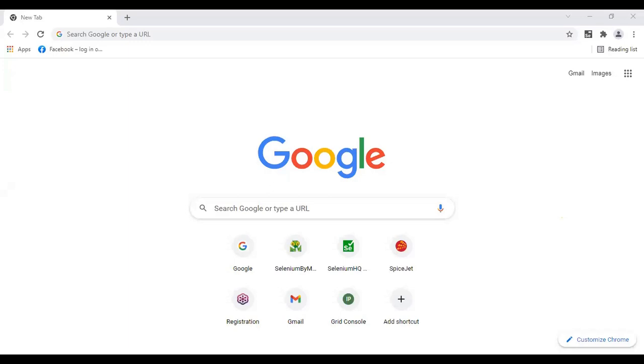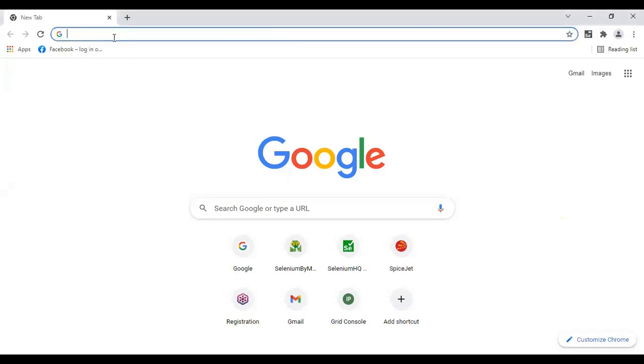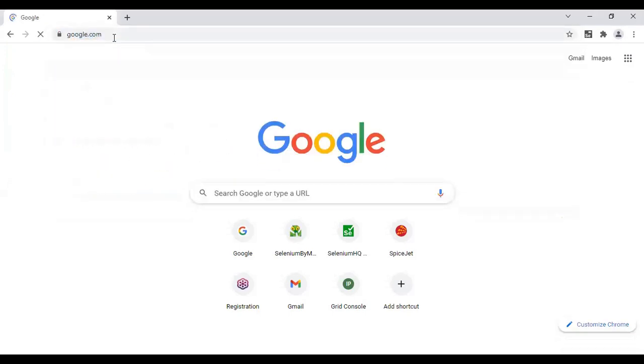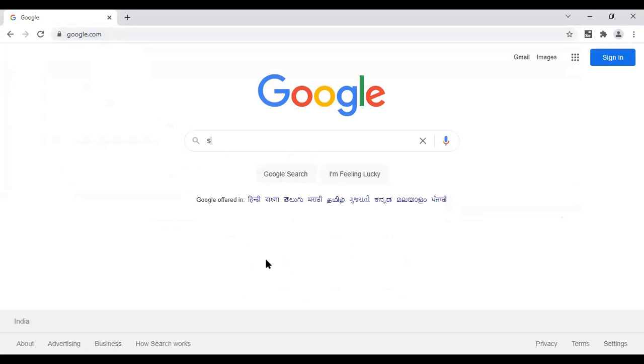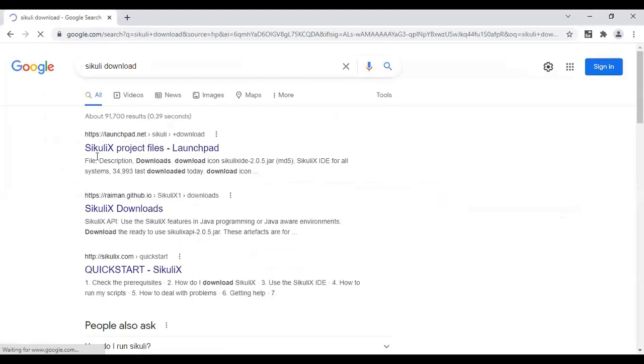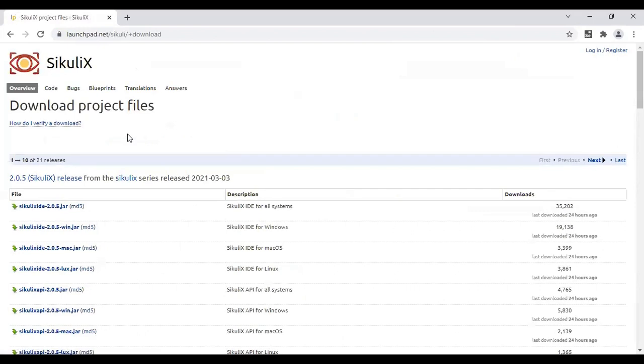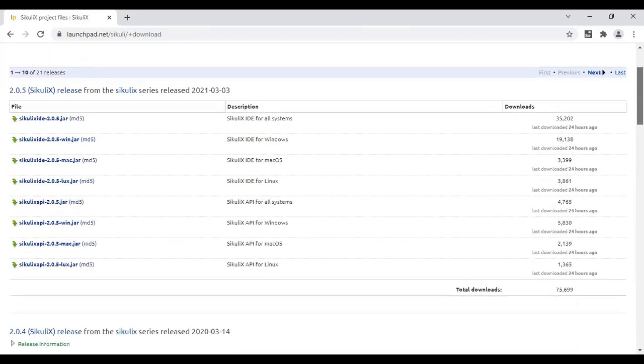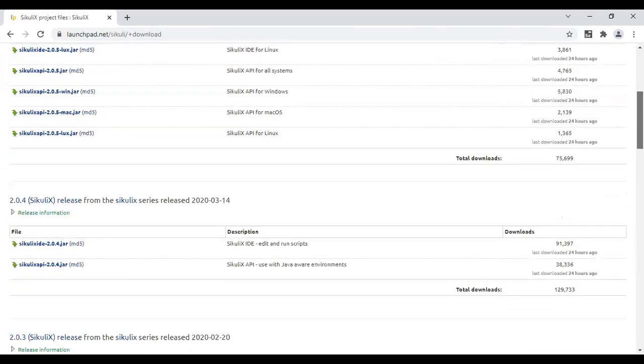Sir, go to Google Chrome. Okay, open the Google site. In Google, you can search for Sikuli download. See, launchpad.net. Launchpad.net. Scroll down. Sikuli X IDE, Sikuli X. No, scroll down.